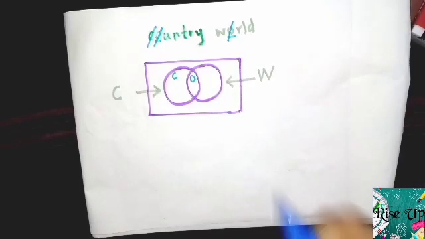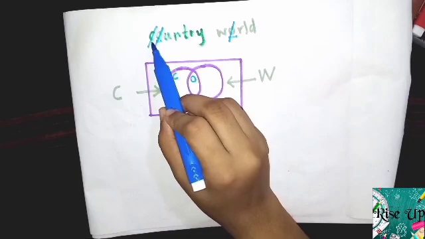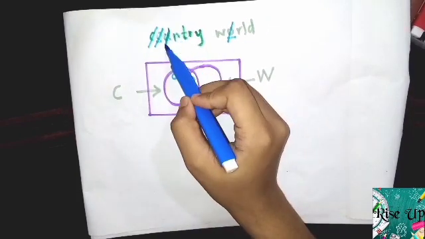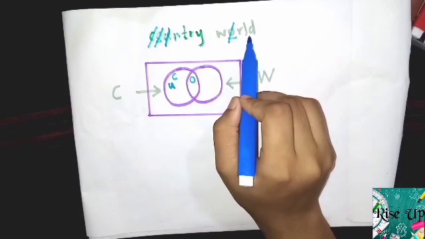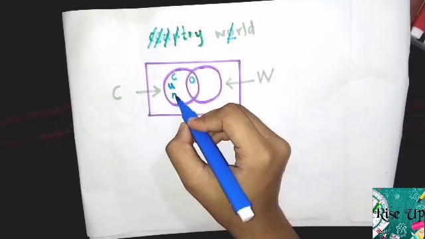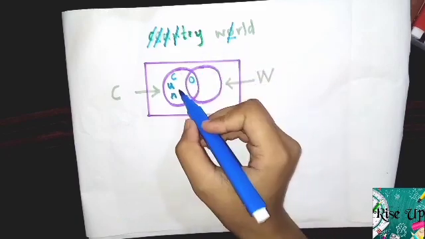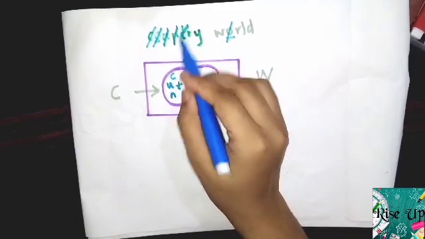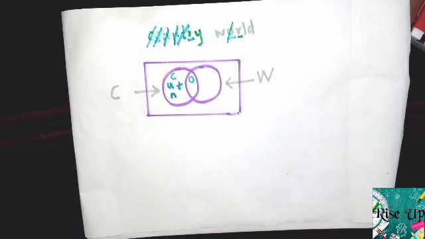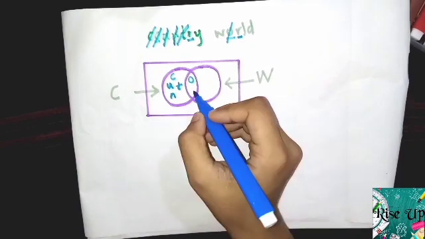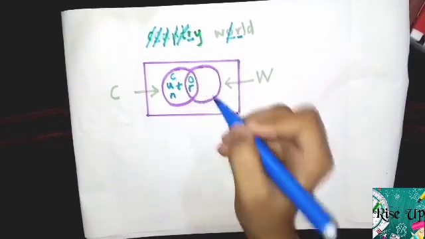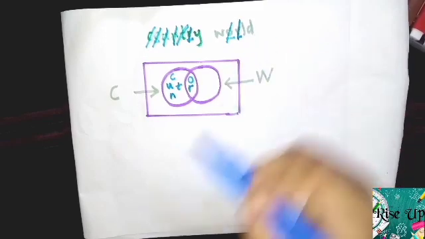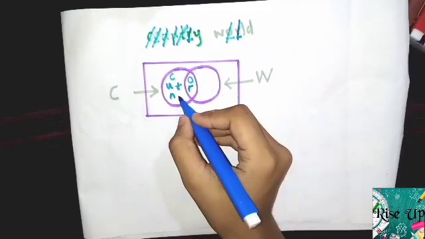Next we are going to see the letter U. It is only in the word country and not in world, so it belongs only to this set. Next is N. Only in the word country do you find N, so we write it only here. And then T, the same way. But R, can you see? In both words, country and world, you find the letter R. So where should we write it? It belongs to both sets, therefore we write it here. Now the letter Y belongs to the word country.